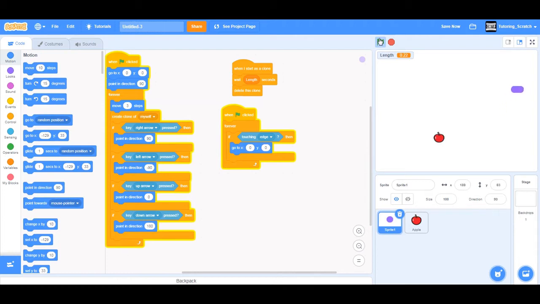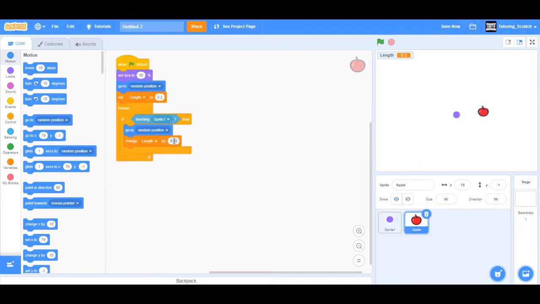Right. So now there we are. It gets out and it respawns there. One more thing you'll notice, I'll just quickly do this fastly so that you can see. And